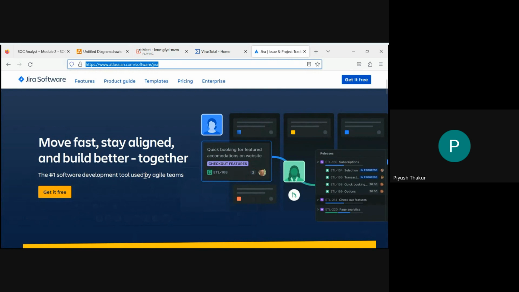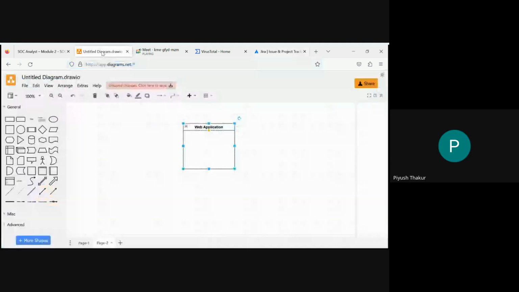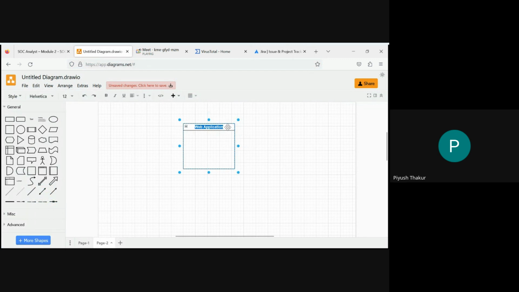So what happens? Now Jira is a tool where I daily log in, I upload my evidences, proofs, perform my operations, etc. Right? So what can go wrong on this web application? Let's relate this with remote file inclusion and local file inclusion. So in this, what will happen? The attacker will